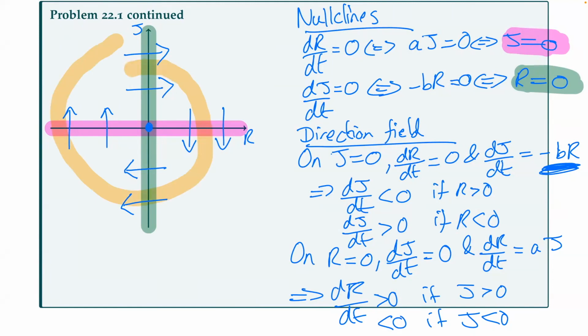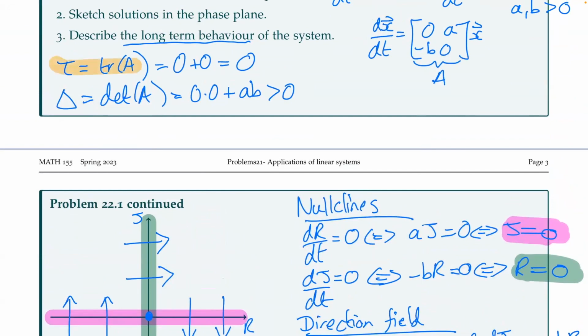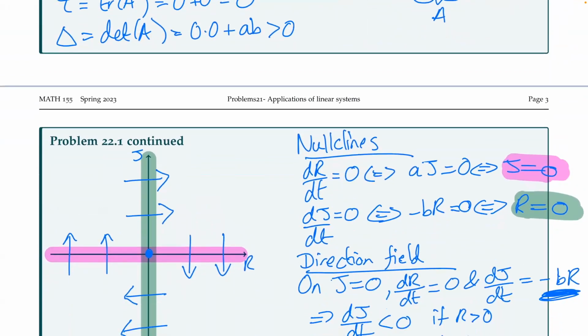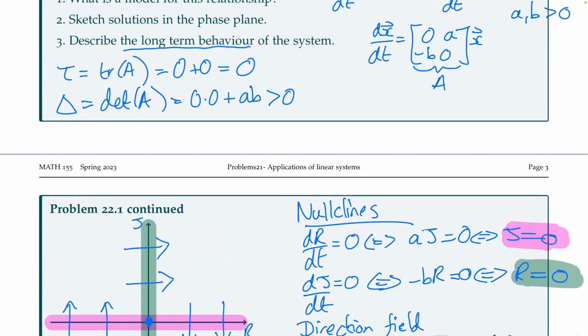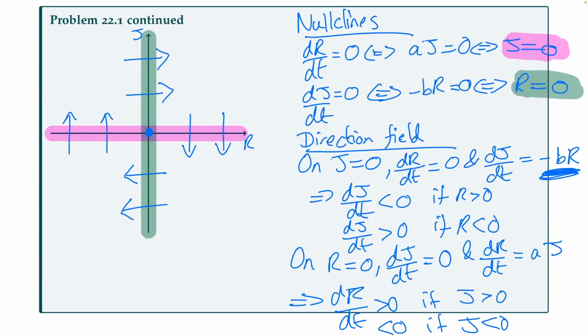But just from this phase plane here, I don't know whether things are spiraling in or spiraling out, or if they're staying the same. So that's where looking at my trace and my determinant, and potentially my trace squared minus 4 times my determinant, tells me about the stability of these oscillations. So I know here from this analysis that I have a center, and that means that I'm neither spiraling in nor spiraling out. So that means if I choose a starting point, say here,